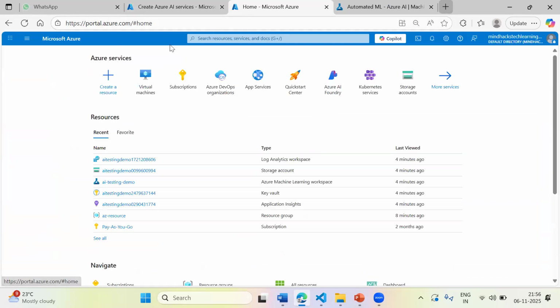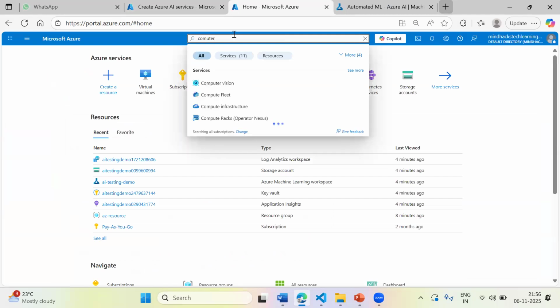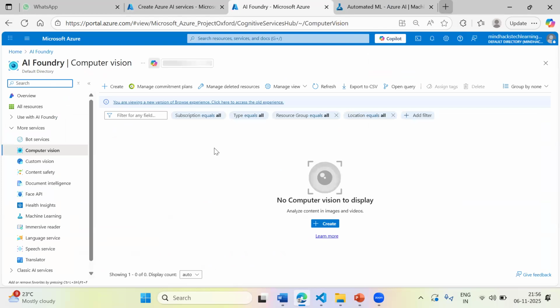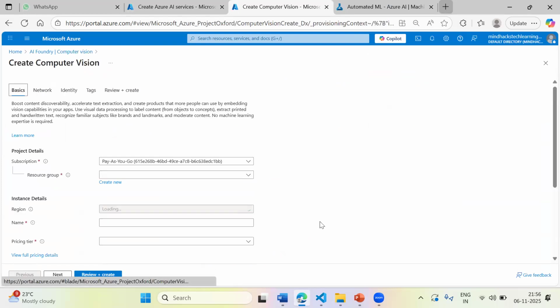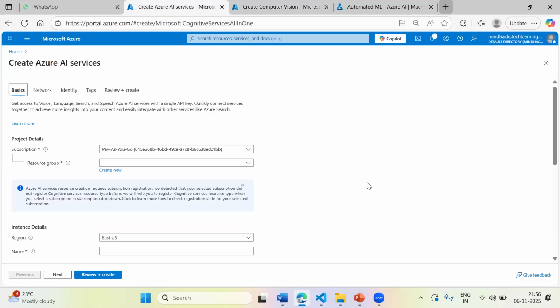So here I want to create a service called computer vision. Under computer vision, we have multiple services, APIs, and endpoints which I can use. Here it is going to ask only for the computer vision service. When I have a requirement of taking only one AI service, I can go ahead with that. But if my application demands multiple services, like computer vision, NLP services, and document intelligence also,